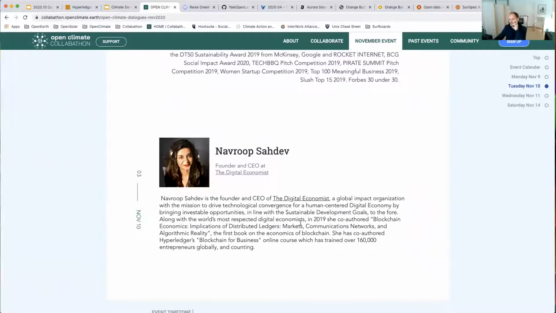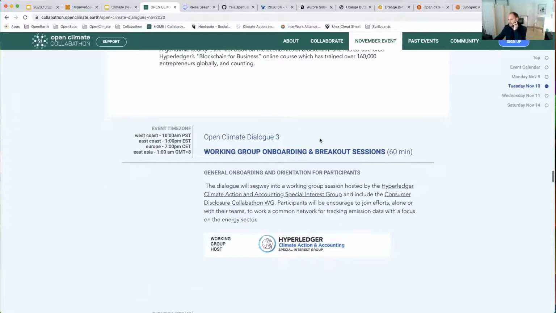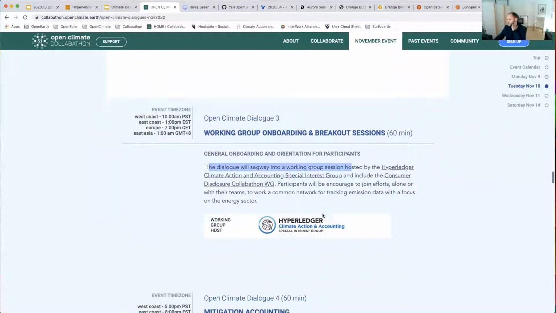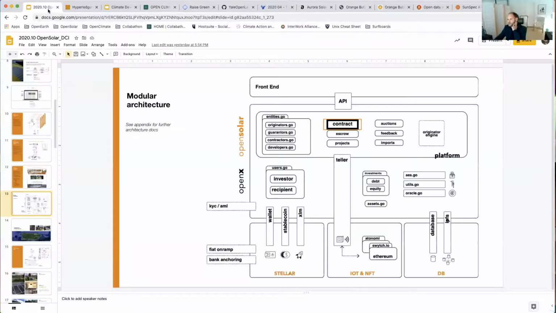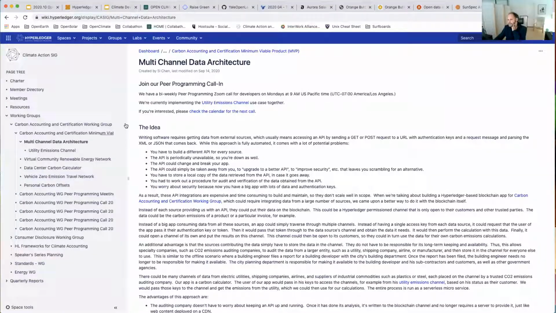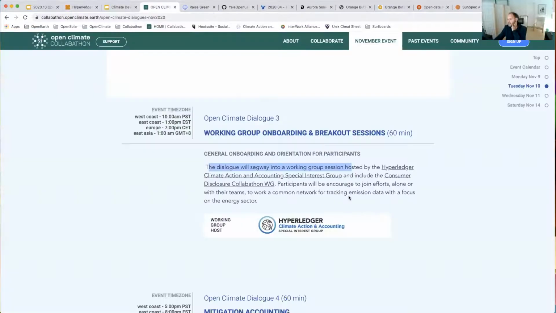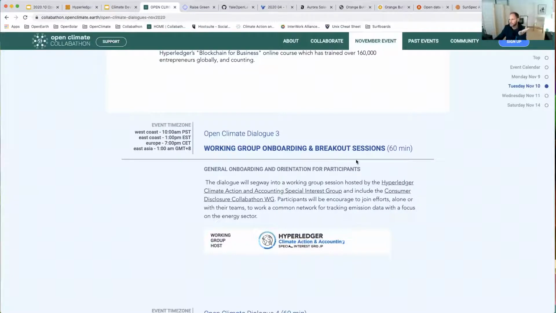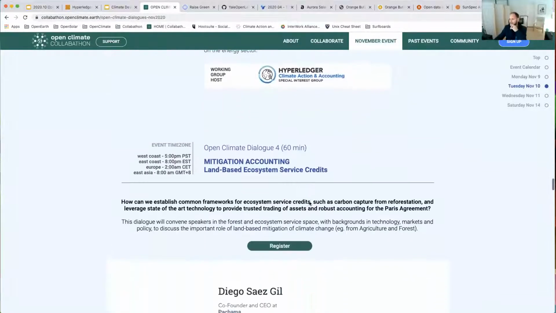And the group works a lot on token and markets and opening markets. So this is where we had originally slotted this working group, right after we come in and say, okay, one thing that we're working on is, originally, this diagram, pointing towards everything that's happening here. And then using this session, these 60 minutes, to onboard participants that join the session. They may be experts on different areas, and we invite them to join in. So we give an overview of what the working group is doing, what the efforts are, and then the session